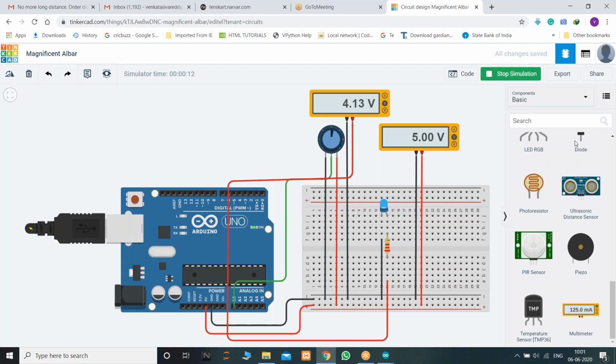There will be a question that in the program I'm giving 255, but it is generating only 4.44 volts. Why is this happening? Because I connected the LED here. It is drawing some voltage.